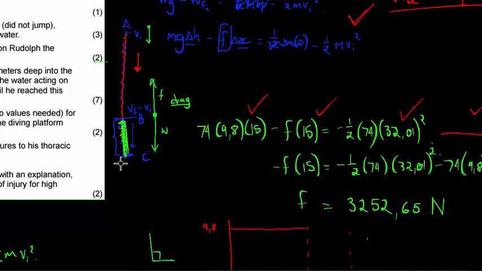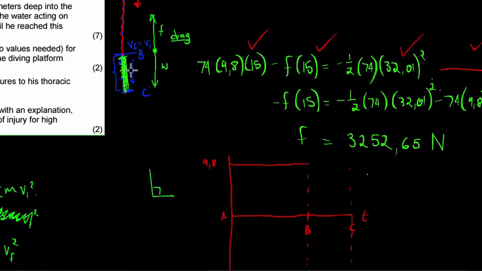But think how simple it is. The moment he opens the parachute, it's like he's going into water. Why is he slowing down when he opens a parachute? What causes him to slow down? What force is now acting on him? Friction, because it's working against his motion. Or you can call it the force applied by the parachute. It doesn't matter what you call it. It's just in the opposite direction. That's what causes him to fall slower. Makes sense? Okay, so in this case, in B to C, we don't need to know what the acceleration